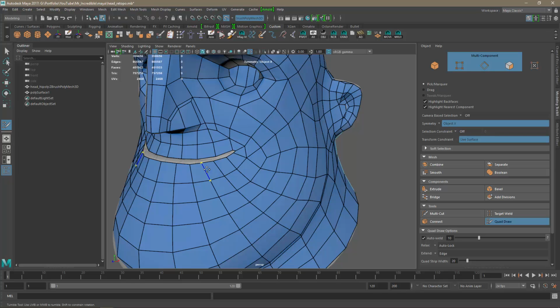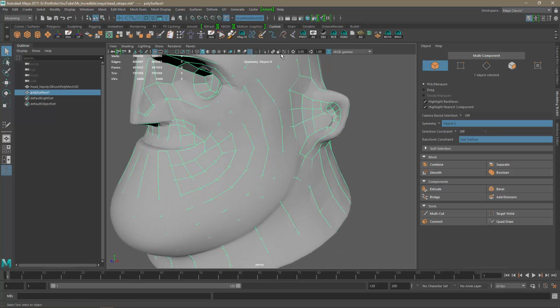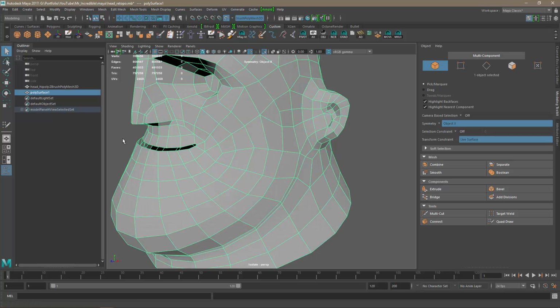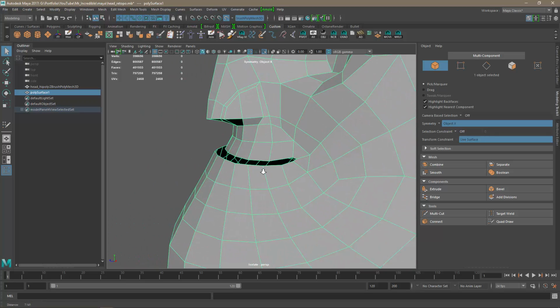Let's see what I'm gonna do. I think I'm gonna go out of the quad draw, go to object mode, and so if I isolate my mesh,